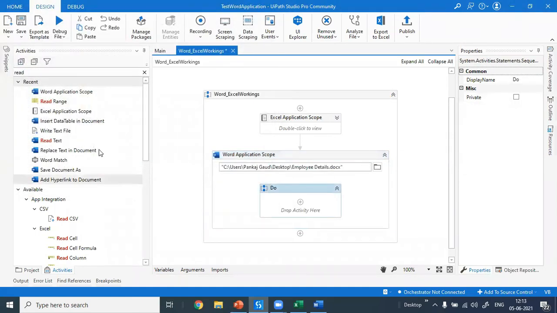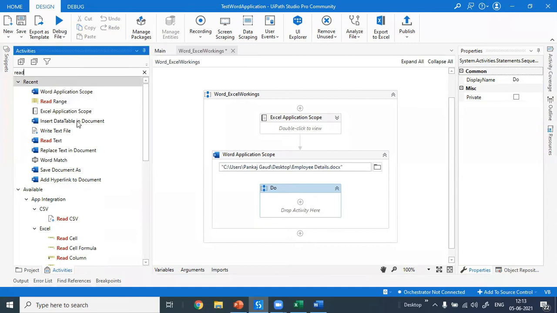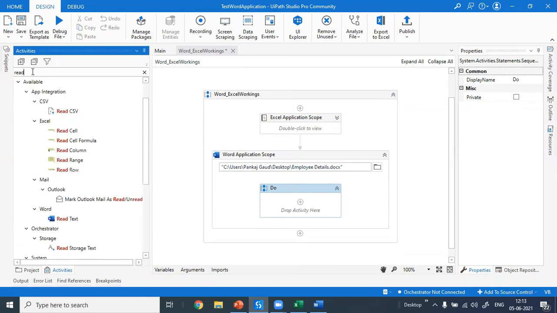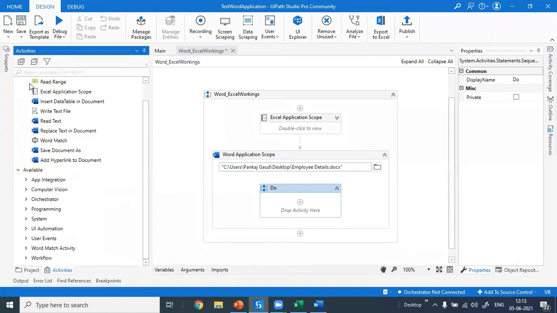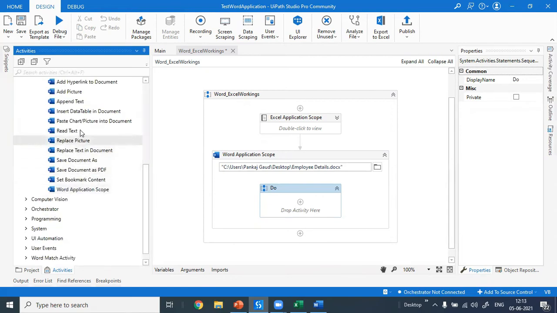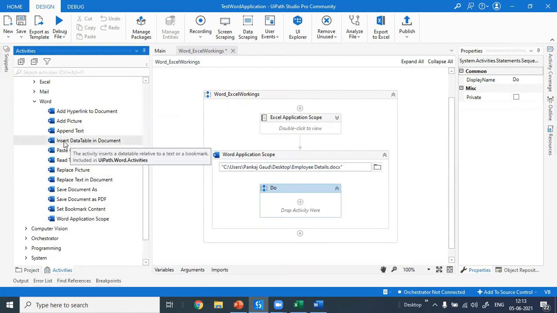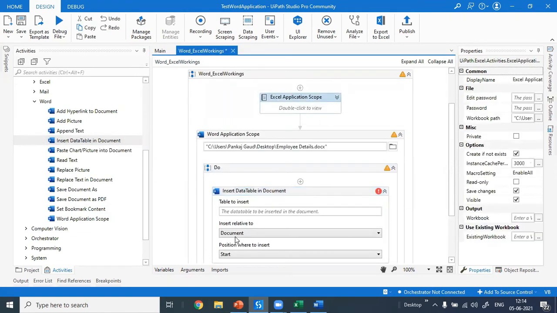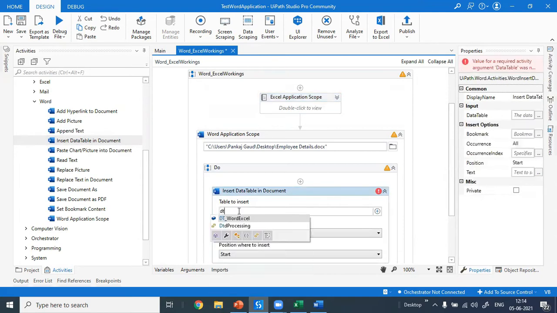Now we have to add that data table in the Word file. So I will search for it. Here we have an activity called Insert Data Table in Document, so we can insert our data table within that document. The data table is the Excel data table.